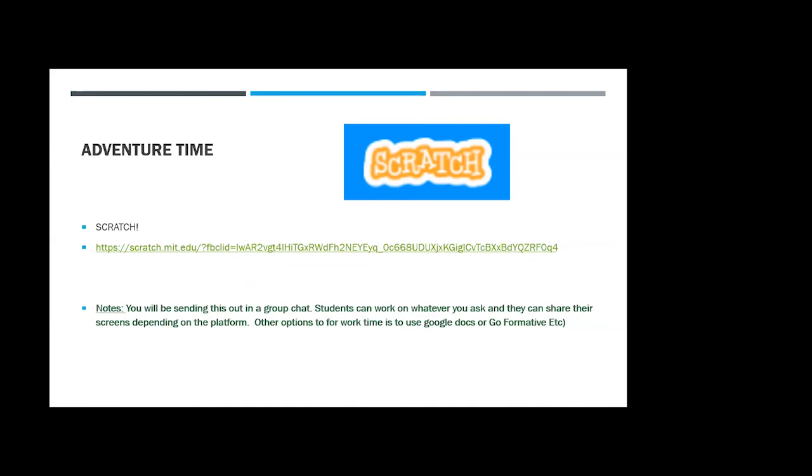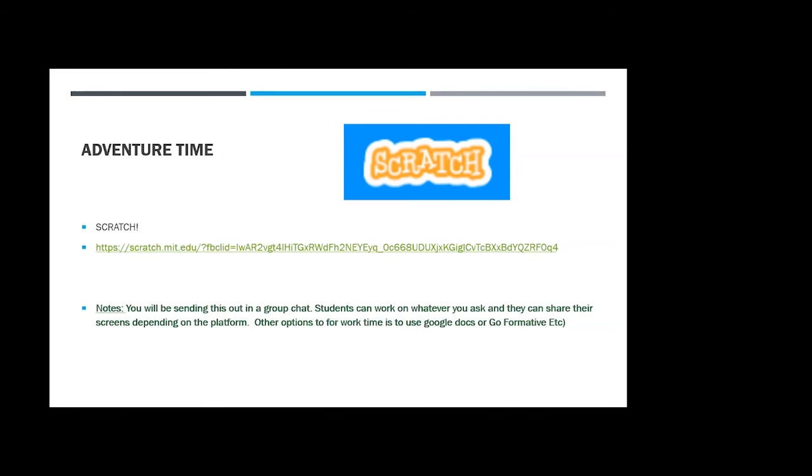So all the kids have to do is click the link. It opens in their window. They can make themselves a login. They don't have to. They could just play with it. If they don't have a parent that's available, you can't manage it, that's okay. This still works. Now my students, because I use Blackboard, get in breakout rooms. You can do that on Zoom as well. You can put them in breakout rooms and have them work together, or work on their own, what have you. But I do it as a 20-minute time. They do that in real time with me, and I come and monitor what they're doing.